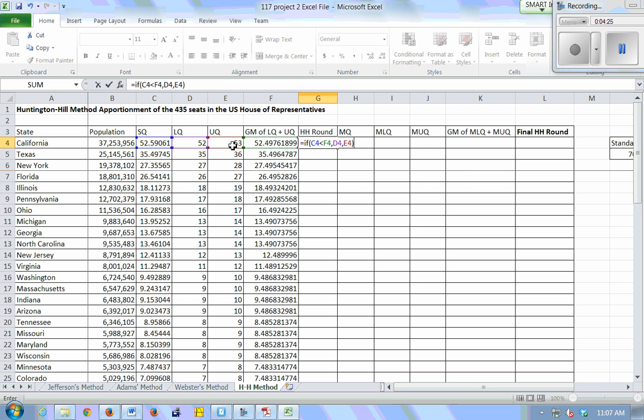So there's your if statement. This just says if the standard quota, that's C4, is less than the geometric mean, then give me the lower quota. Okay. Otherwise, meaning it's bigger, give me the upper quota. So in this case, did it do it right? Yep, because 52.59 is bigger than my cutoff of 52.49, so it should round up to 53. So then you can just drag this